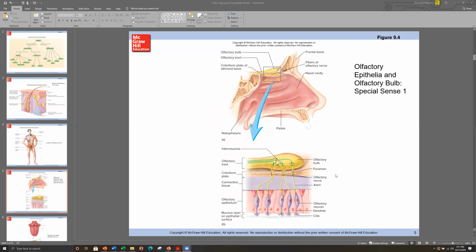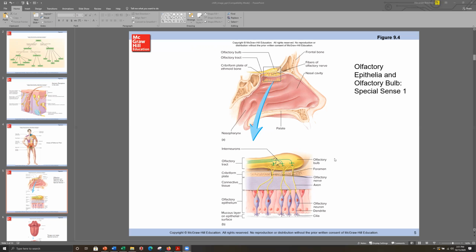Okay, so now let's talk about one of our first special senses, the olfactory epithelia. What I'll end up doing at the end of lecture today is pause the recording here and get out the Atlas application. We'll go through some of these structures in close-up 3 dimensions so you guys can have this as part of your study guide. The olfactory bulb is an extension of the first cranial nerve, the olfactory nerve,